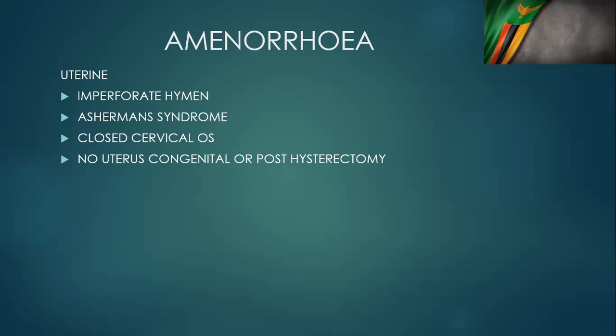So if you see in the multiple choice questions where you have a D&C and you have amenorrhea, the answer is Asherman syndrome, because Asherman syndrome is a result of overcurating using D&C very aggressively so that you remove all the endometrium there and the patient ends up with amenorrhea or hypomenorrhea, meaning that they're just bleeding very little during their menses. Sometimes there's no uterus congenitally.